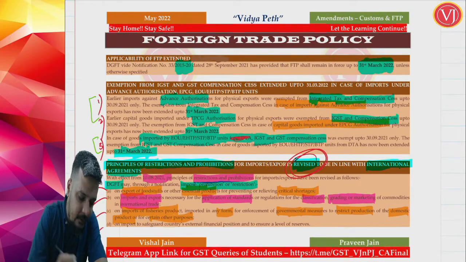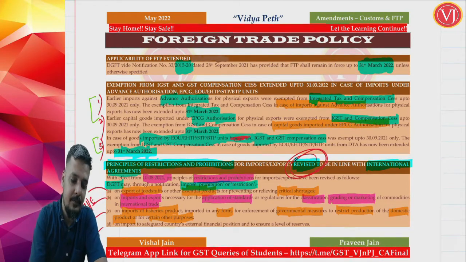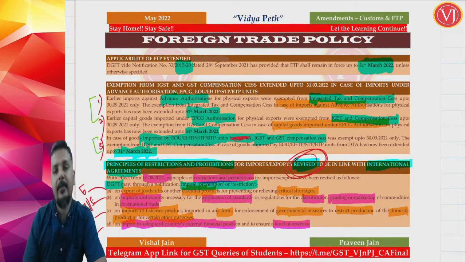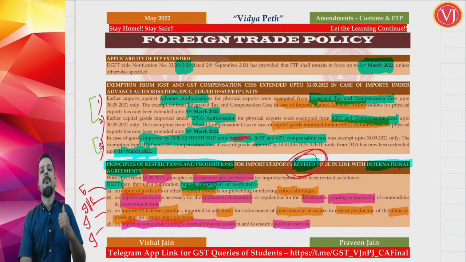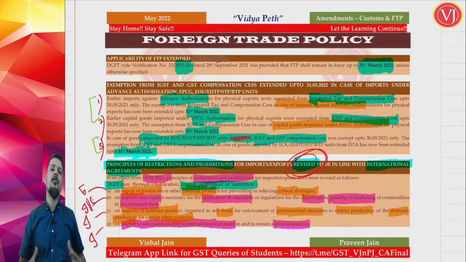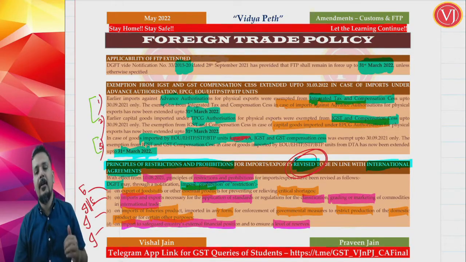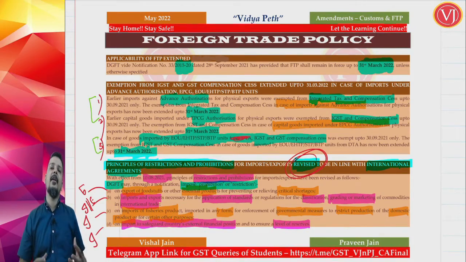The next point again is focusing on import, and it tells that import is restricted to safeguard the country's external financial position and to ensure the level of reserves. Say for example, imports from USA have been huge, and dollar reserves are very limited. That being the case, the Indian government can take a stand that okay, now import from USA should not cross beyond